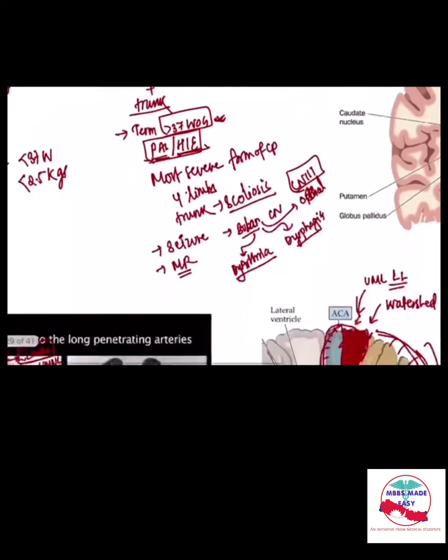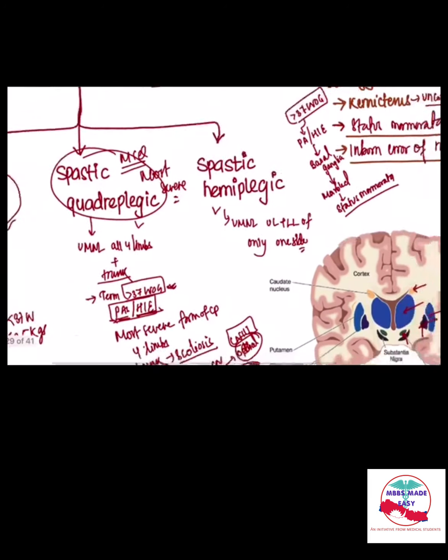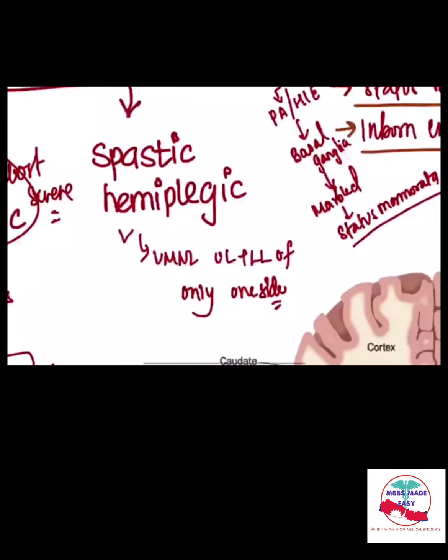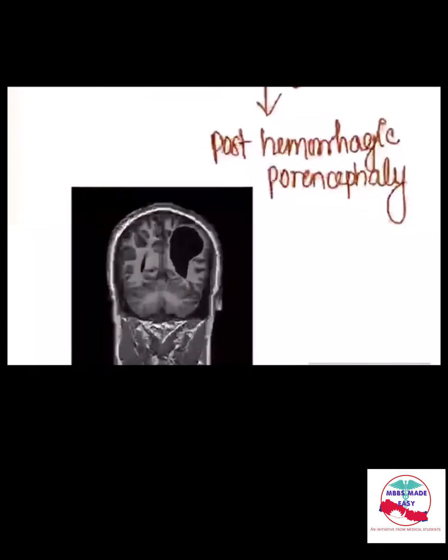Okay, why is it most severe? Because there is involvement of seizure, there is mental retardation, there are also bulbar palsies, which ultimately lead to dysarthria, dysphagia, as well as oculomotor nerve palsies, right? Okay, now finally you can also have injury to the brain, but that injury is associated with only one side. It is localized only to one side of the brain, as you can see in this